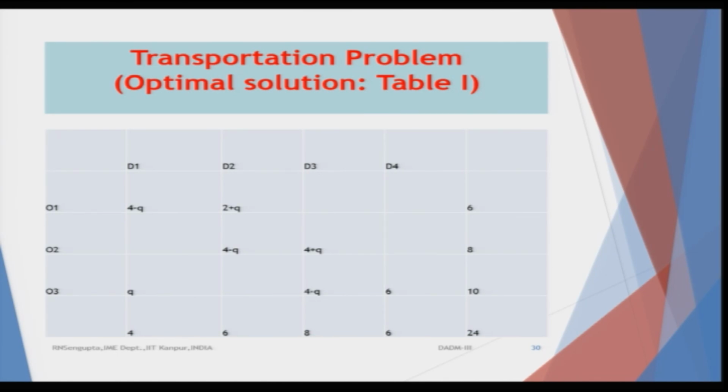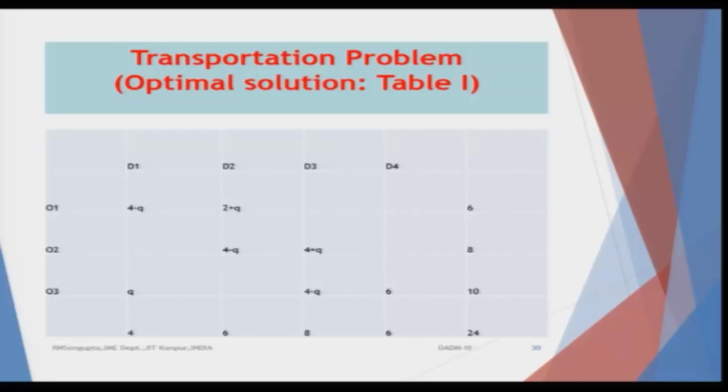Now, if I consider the optimum solution values and perturb them, the perturbation values would be such that the totals along the rows and columns remain as given: 6, 8, 10 along the rightmost column and 4, 6, 8, 6 along the bottommost row. Perturbations basically mean that we have to find the values of q at each step without violating the constraints. That means the summation of each row is equal to the b values on the right-hand side, and the summation of the values along each column is equal to an a value.